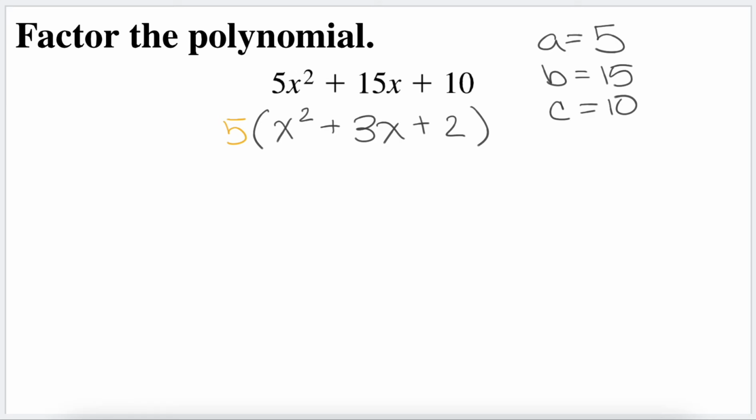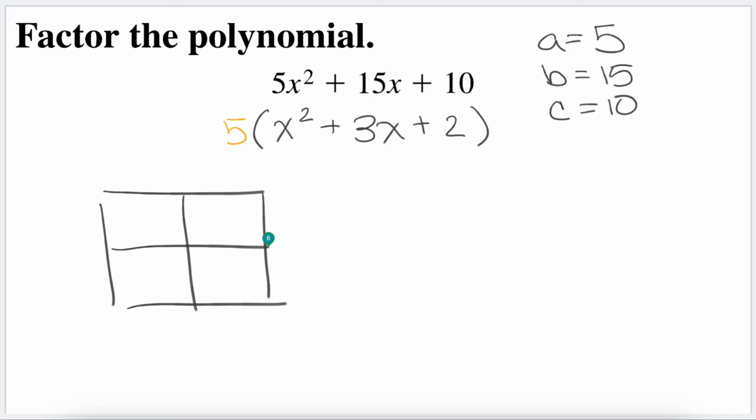So again, I'm going to start with my box, and I'm going to put my first term in the upper left-hand corner, last term in the bottom right-hand corner, and then I'm determining, because 1 times 2 is 2, that the number we want to look at is 2, and we know the only factors of 2 are just 2 and 1. So how can I use 2 and 1 to get to this middle number? Well, 2 plus 1 equals 3. So we're going to have a positive 2x and a positive 1x,